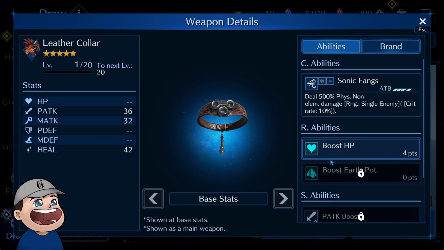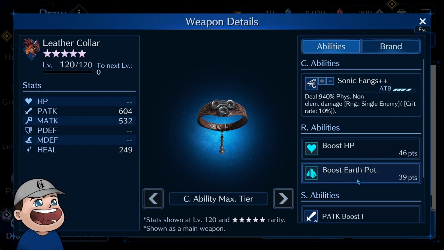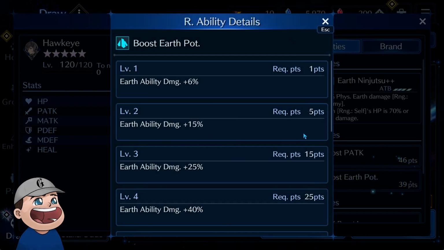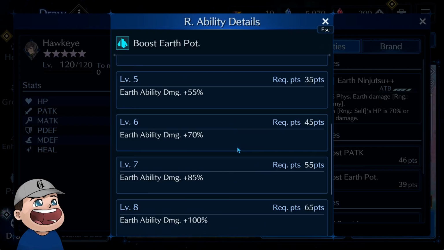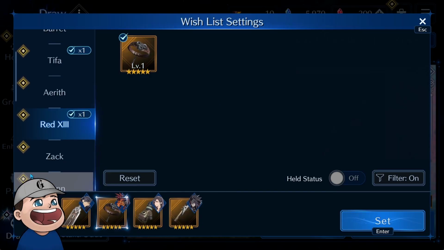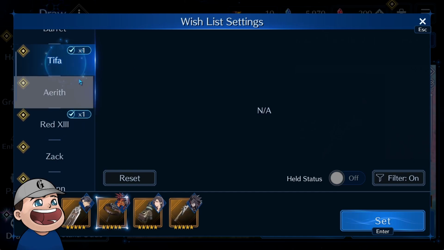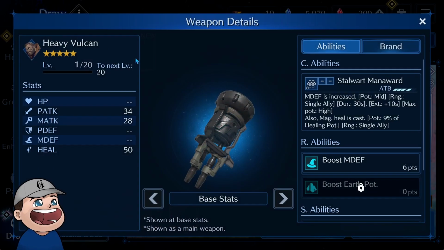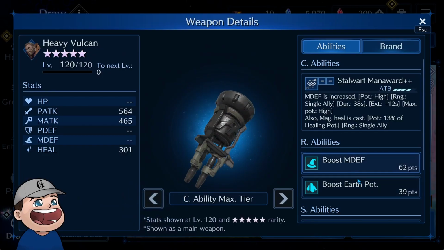Between this weapon giving Earth Potency 39 and this weapon giving Earth Potency 39, that's giving you 38 points, which is getting you the 55% boost. You can tell that this is going to be a little tight with those two weapons in particular. So if you're looking at those two weapons, that's really all you've got for Earth Potency. There's not a lot else to add here, except I would look at Heavy Vulcan as a defensive option,